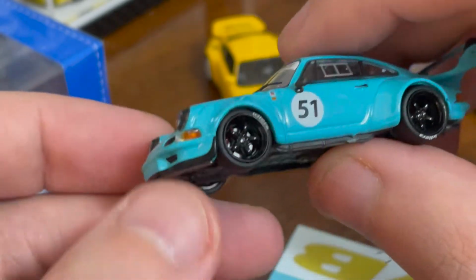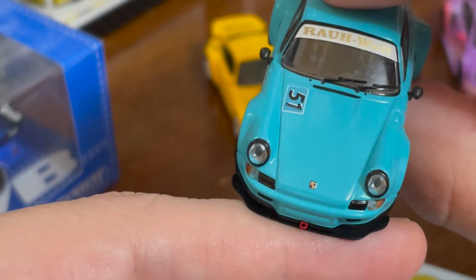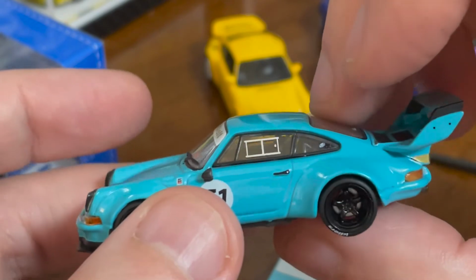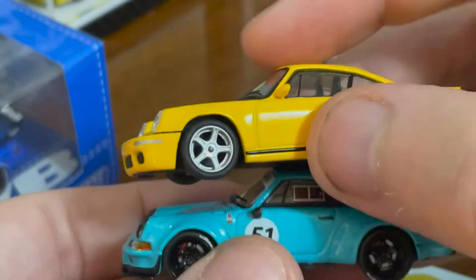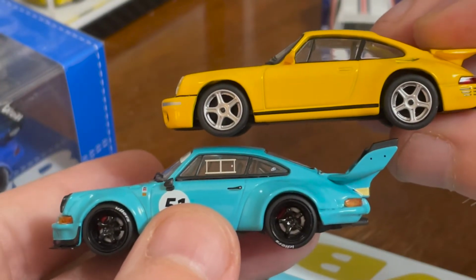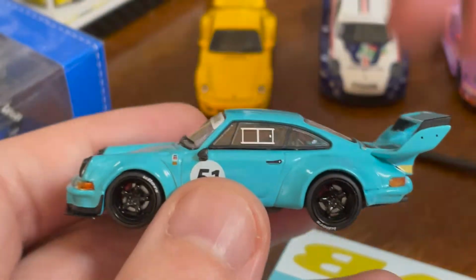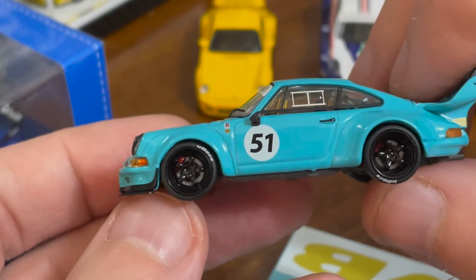Oh wow. Like this, the spoiler with the tow hook. This is such a cool model. I don't want to bang them together, but I mean, obviously they start from the same idea, or, you know, car, and this one probably isn't actually the same car. I'm not sure if this is a 911, but